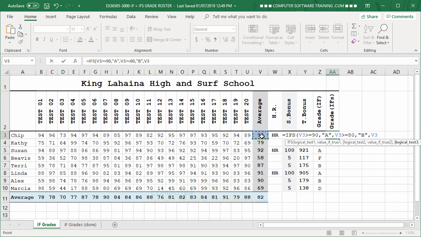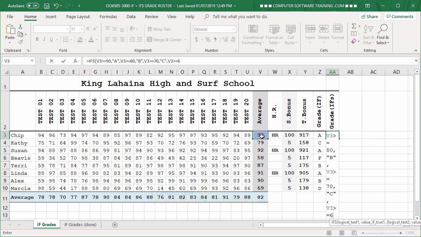Comma, V3 again, greater than or equal to 70, then we're going to put in there a C in quotation marks, comma, and then V3, okay, greater than or equal to, in this case, 60 now. Then, so comma and quotation marks D,